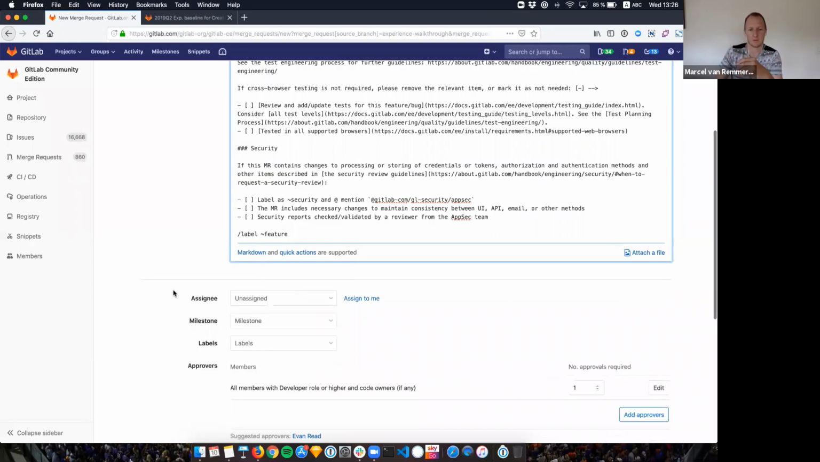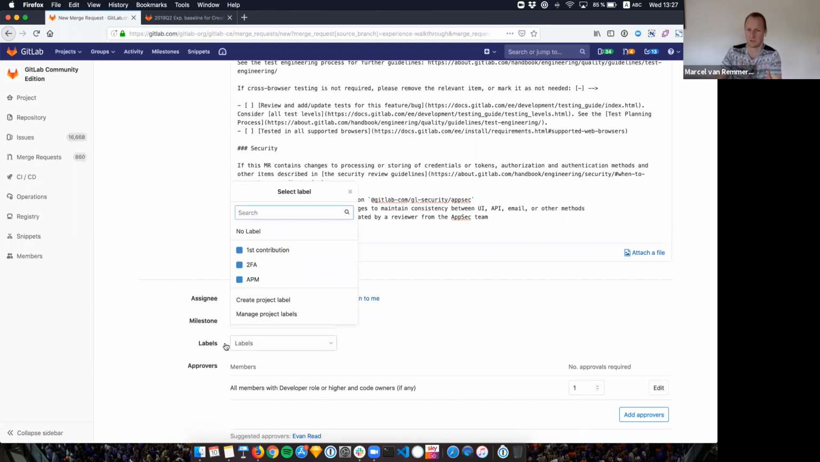And when I look down further, I see that there's another label field. But this label field does not have feature inside, even though it's in the description. So there's again a disconnect between the description and the surrounding UI. So what would happen if I look at these labels? Are these different labels because feature doesn't appear? Let's look at feature. Apparently it does appear. If I add it,